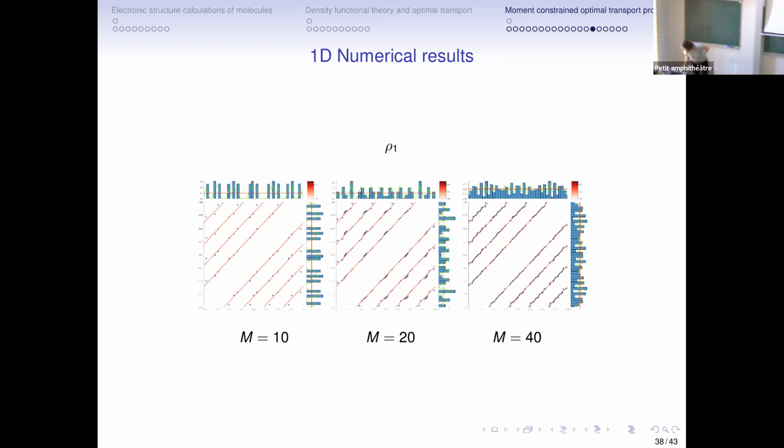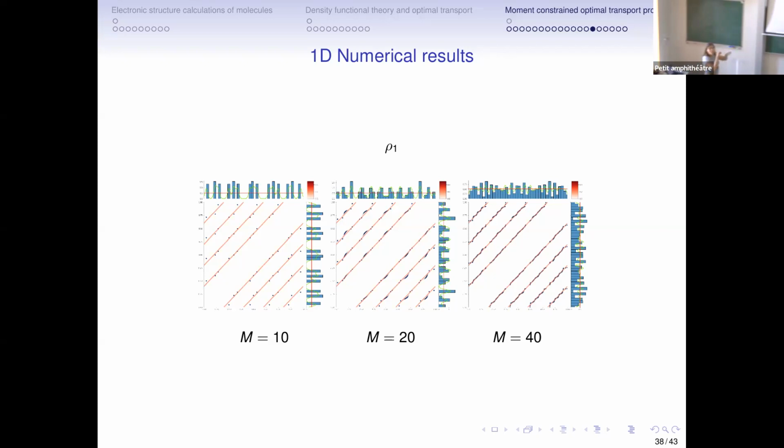And this is the kind of plots that we obtain. So this is for first electronic density that is just a uniform density here. These red diagonal lines are some marginals of the solution of the exact optimal transport problem, which is here a probability measure over [-1, 1]^5, because there are 5 electrons. Okay. And these blue dots that you see are the locations where the stochastic optimization algorithms that we used,